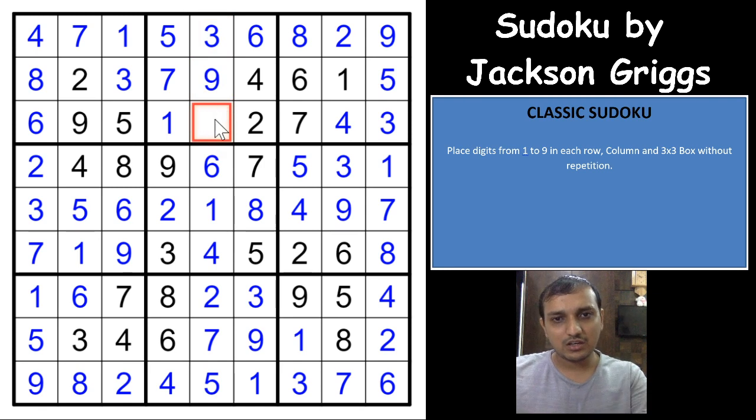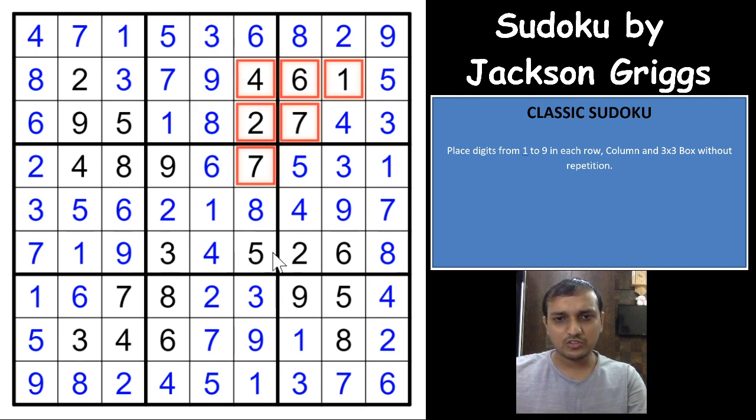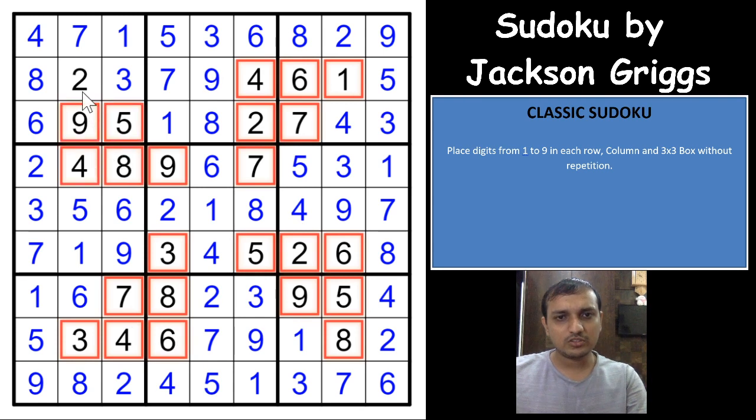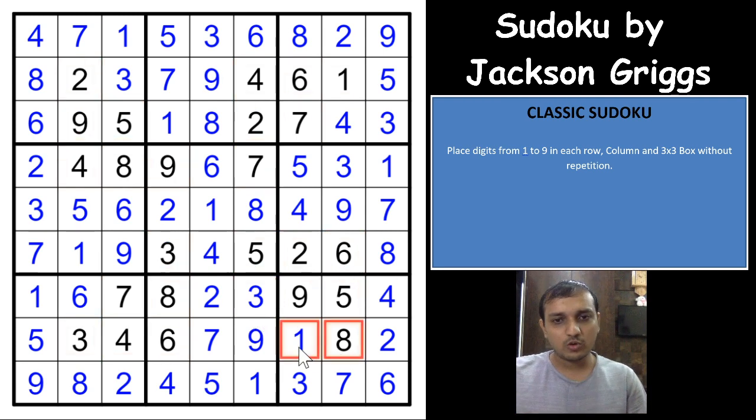I really loved such Sudokus because if you see the theme here, it's like a windmill, right? The theme of this Sudoku was actually a windmill, and I really enjoyed this Sudoku because it was easy to find such techniques, X-wing, swordfish. I'm really thankful to the author Jackson Griggs for giving me an opportunity to cover a video on our channel. I really enjoyed this Sudoku, so I hope you enjoyed it, and this is how you always have to look out for techniques in a classic Sudoku.